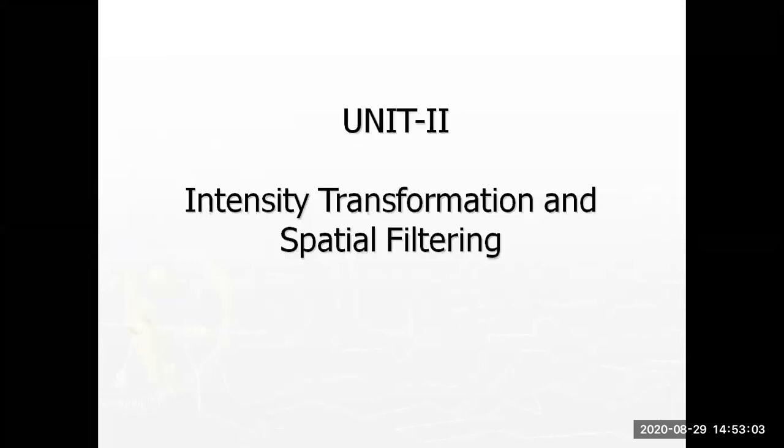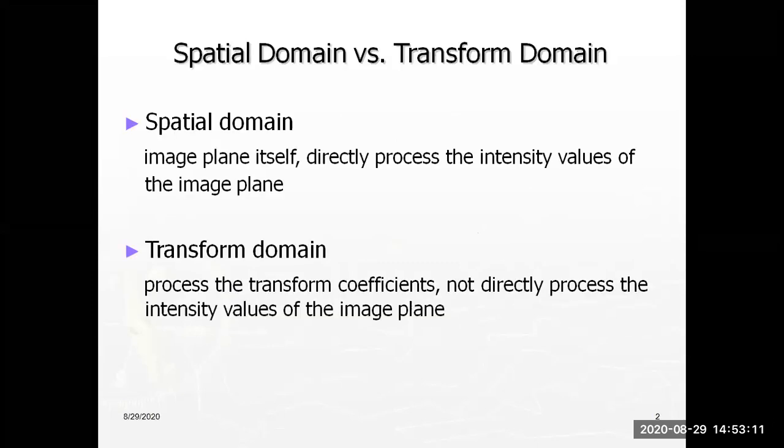If we are transforming the intensity values of a pixel within the image plane itself, that is called intensity transformation and spatial filtering. Generally, filtering happens in two domains: the spatial domain and the transform domain. In the spatial domain, the filtering happens directly, but in the transform domain, it does not. Before filtering, we first have to convert the image from the spatial domain to the transform domain using image transform techniques. That means the image is transformed from the spatial domain to the frequency domain. After that only, we apply the filtering techniques.